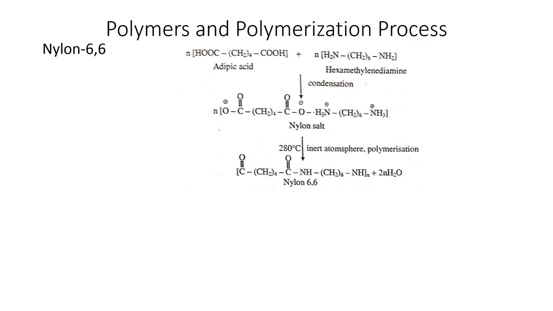Now what are the properties? This nylon has high tensile strength, elasticity, melting point 263, low affinity for water, hydrophobic. Microorganisms and moths do not affect nylon 66. It is resistant to chemical attack and a variety of substances. It is also not affected by seawater and dry cleaning liquids. It is insoluble in almost all inorganic solvents but readily dissolves in phenol and formic acid. So these are the properties.